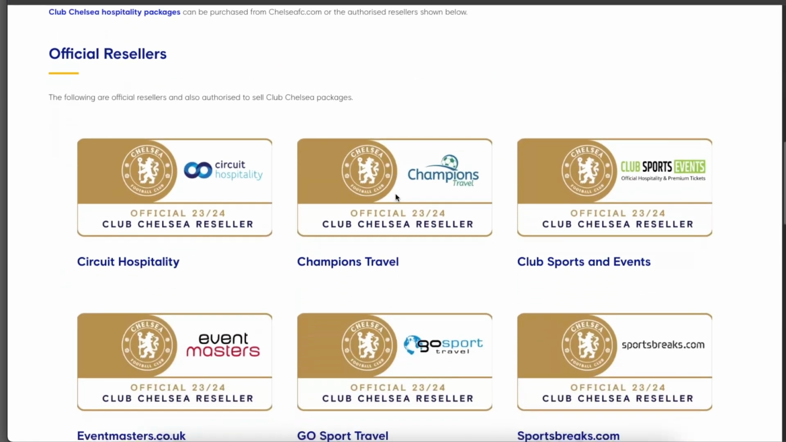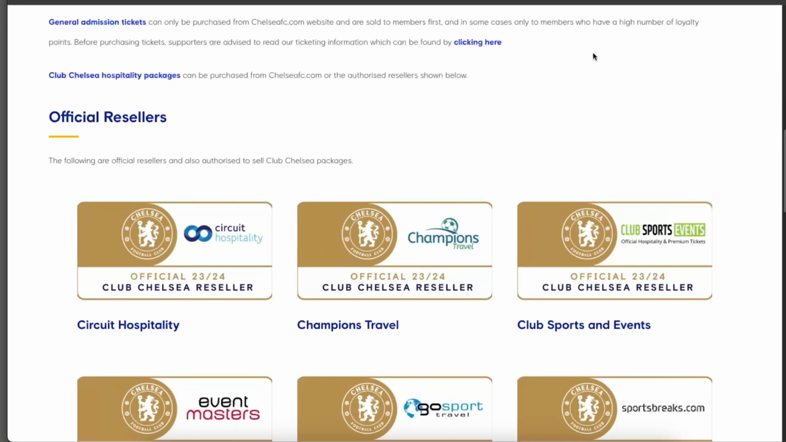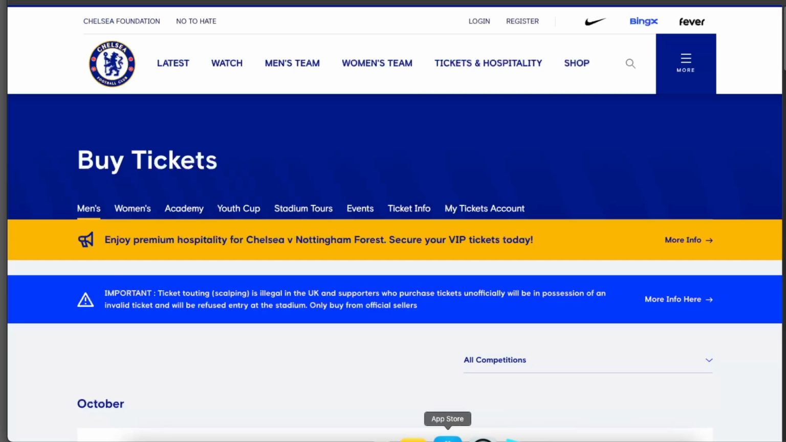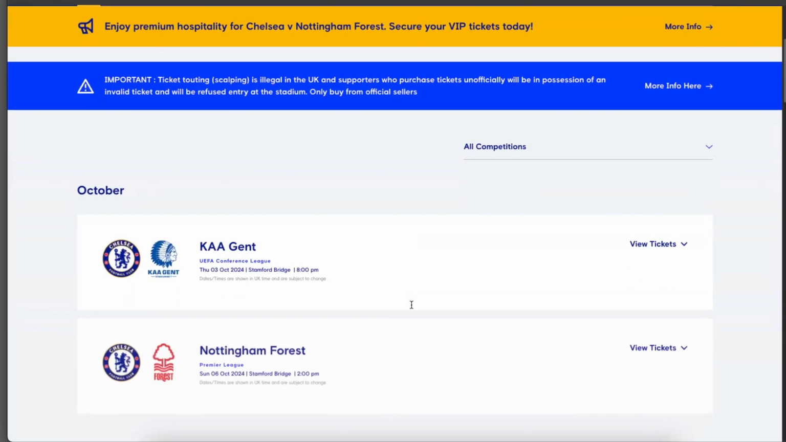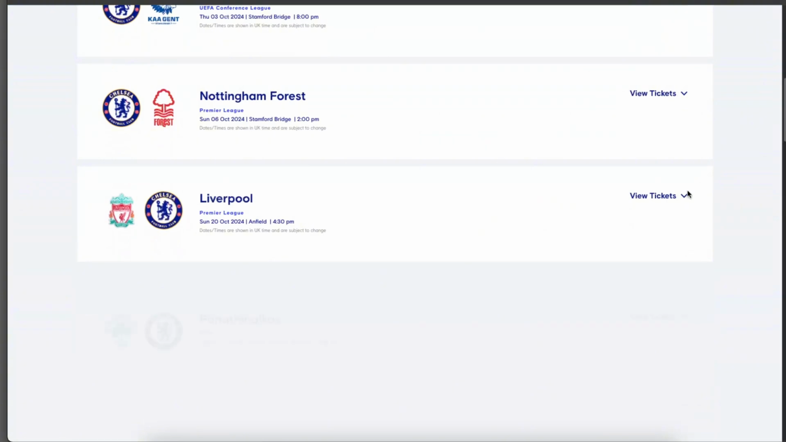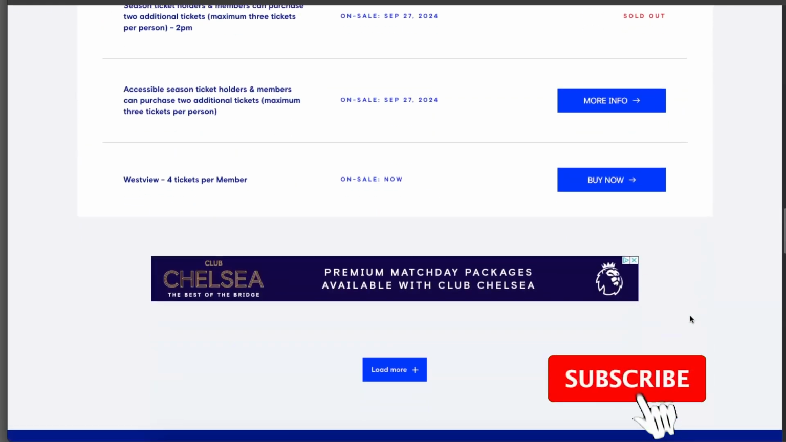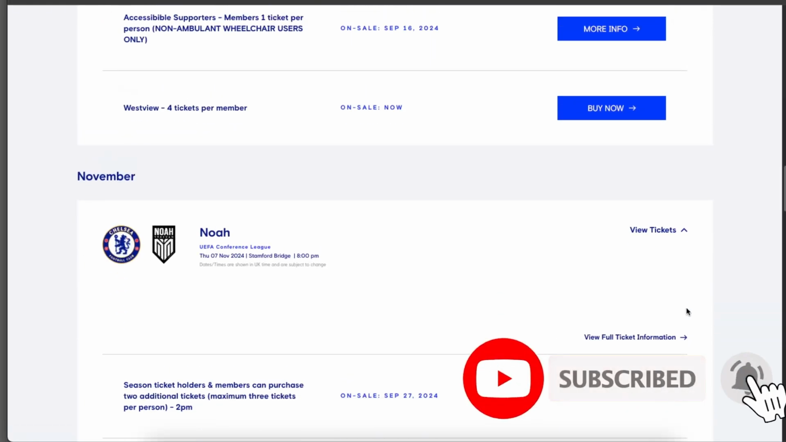So you will see all of these. This is where you can go ahead and buy from resellers. If you want to buy it from here, you're gonna go ahead and, for example, choose view tickets. So for example, you can go ahead and choose this one, which is on sale now, if it's not sold out already, and that's how you can go ahead and buy your tickets